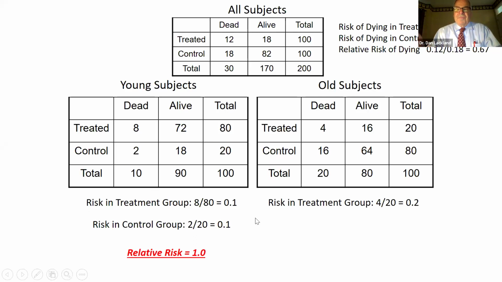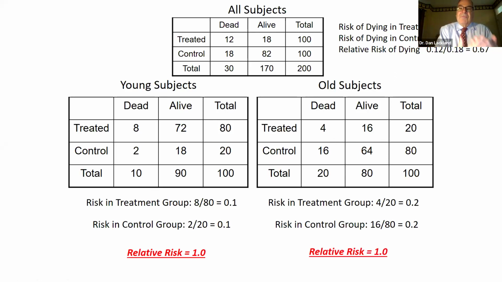In our older group, it's a 0.2 risk. We look at 4 over 20. And in our risk group, we look at 0.2 again. Now what do we have? We have basically really no effect whatsoever. We're seeing a relative risk now of 1 in both of these groups, which would say that we have a confounder here. We have a confounding effect, and that this agent is really working no better to protect against mortality than